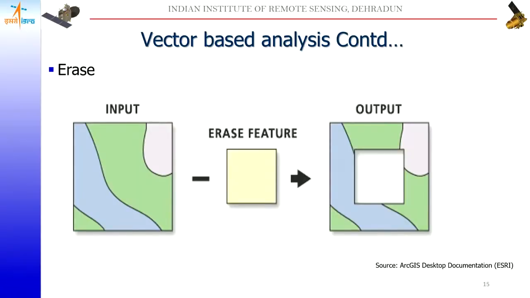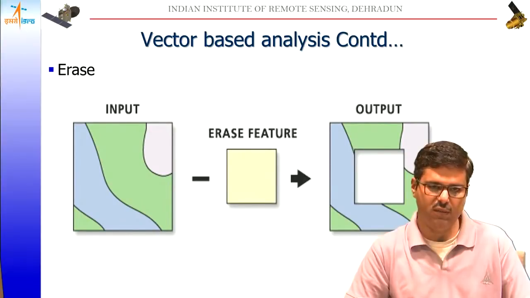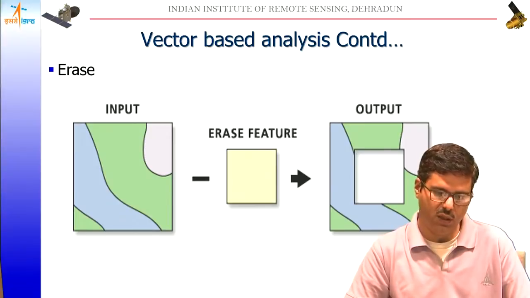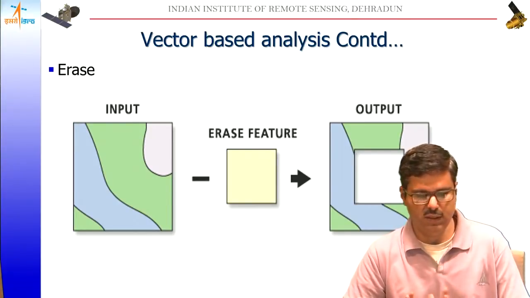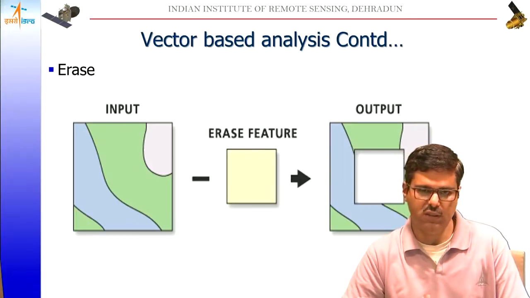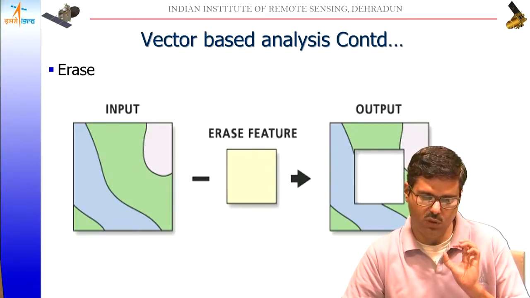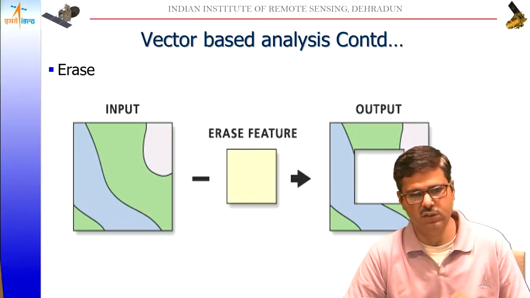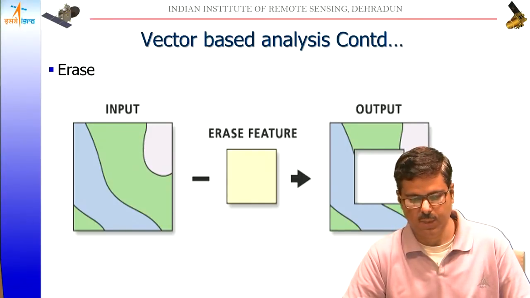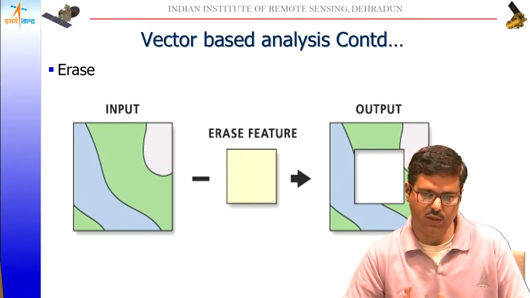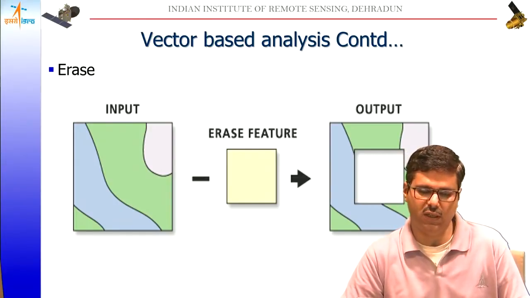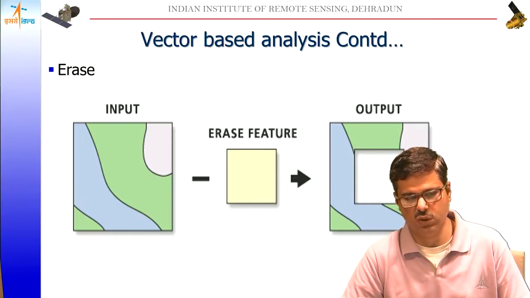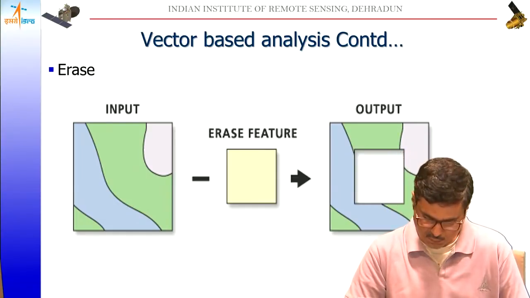Another operator is called the erase operator. Now this is unlike the clip which you have seen earlier. Here also it takes two inputs. One is the input region, second is the erase region. But it just puts a hole, basically eliminating those regions from the study area. So this basically removes some portions that are not suitable, let's say, for further analysis in our study. We can remove those portions or mask them out from our region.